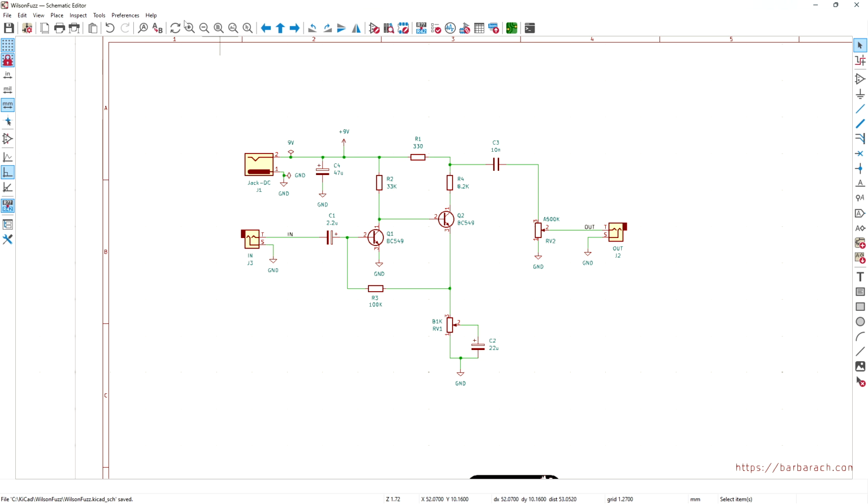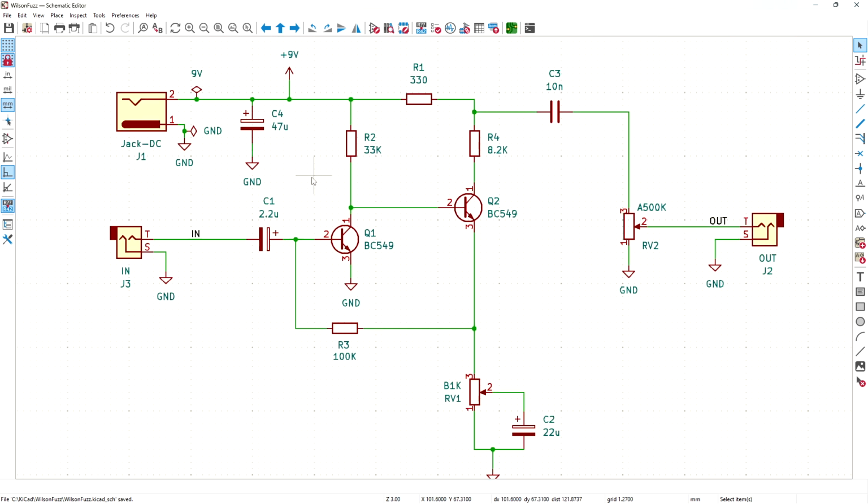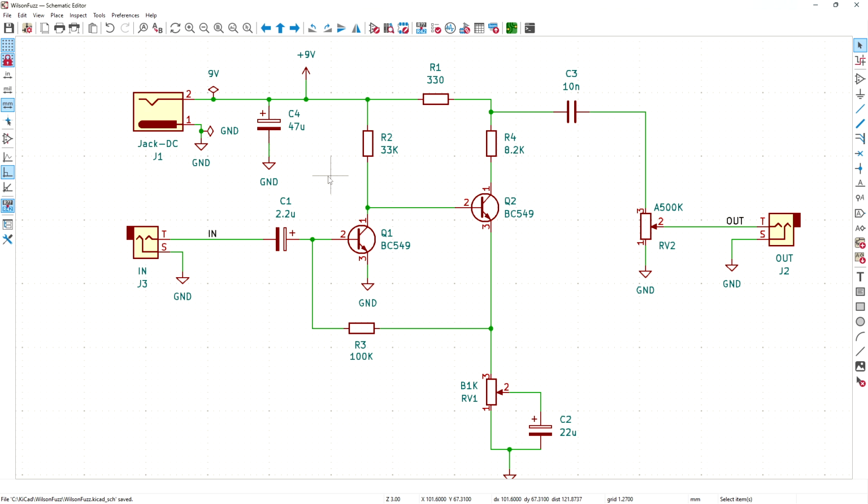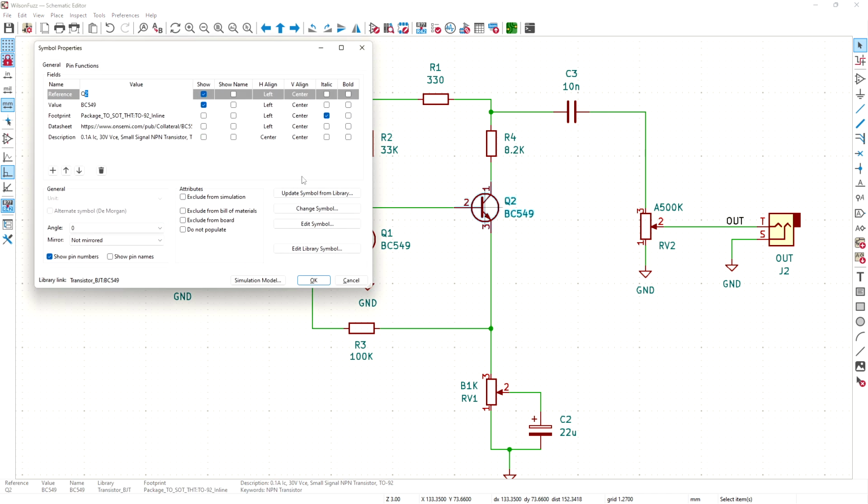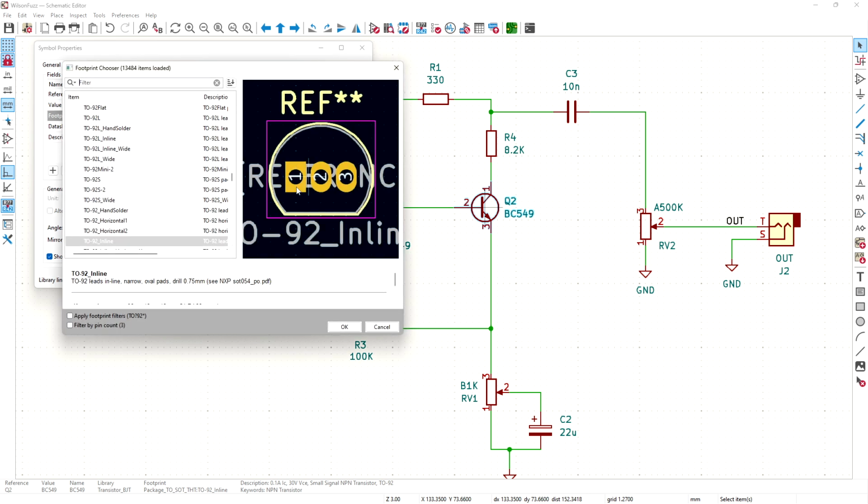So all these things come into play. Let me show you one thing. For example, here, let's say we go to properties here. Okay, and you can see that the footprint is here. It's in line. Okay. However,